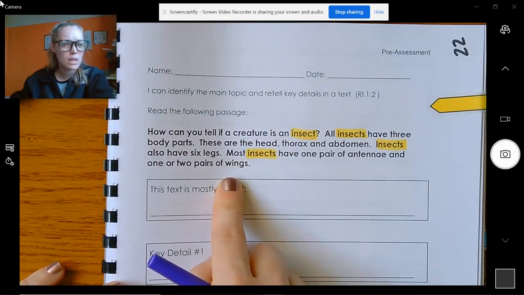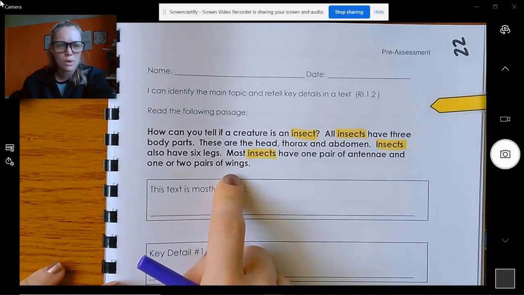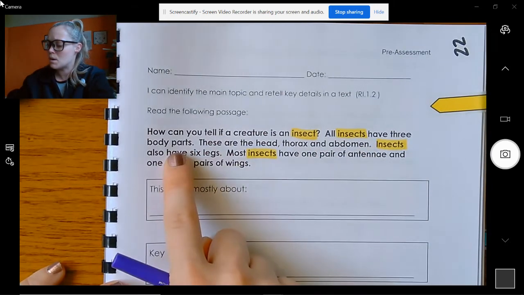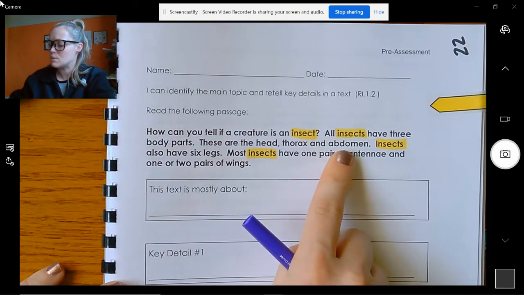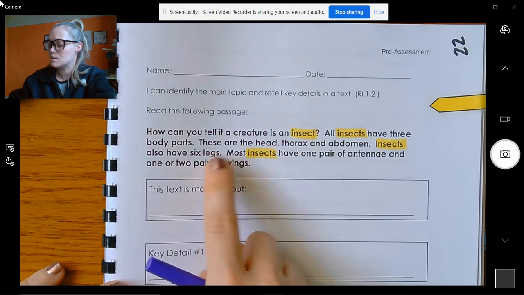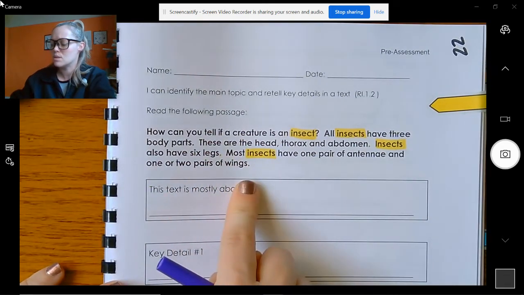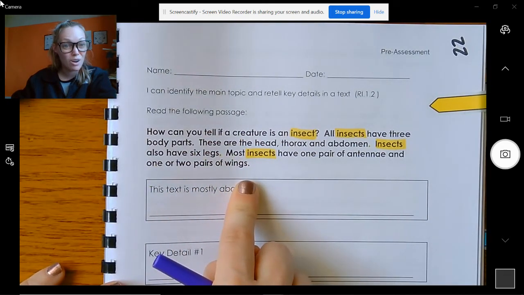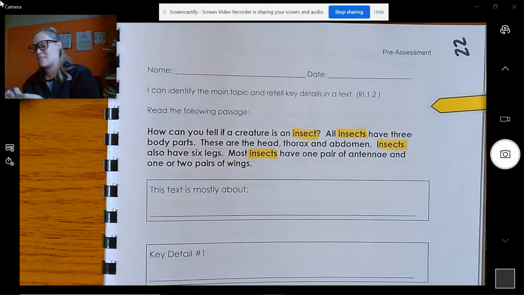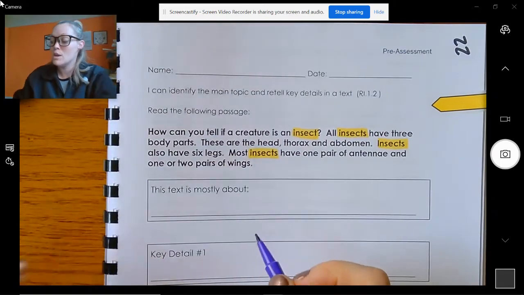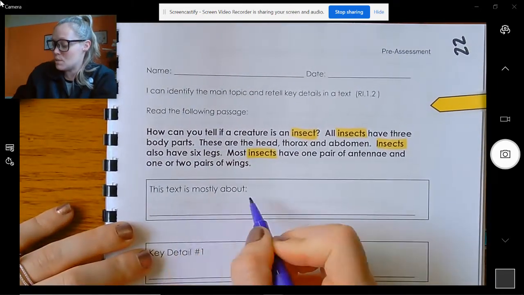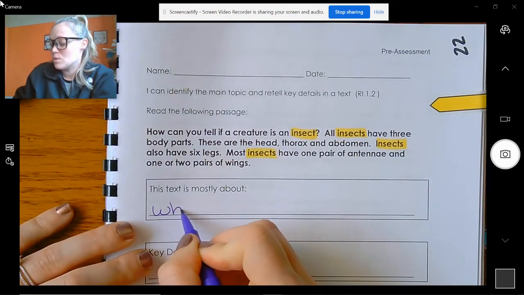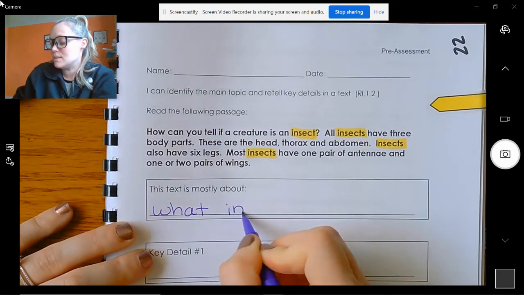So it doesn't tell me what they eat. It doesn't tell me where they live. Does it tell me what they look like? 3 body parts, head, thorax, abdomen, 6 legs, antennae, wings. Do those facts all tell me about what they look like? Yeah, so I would say this text is mostly about what insects